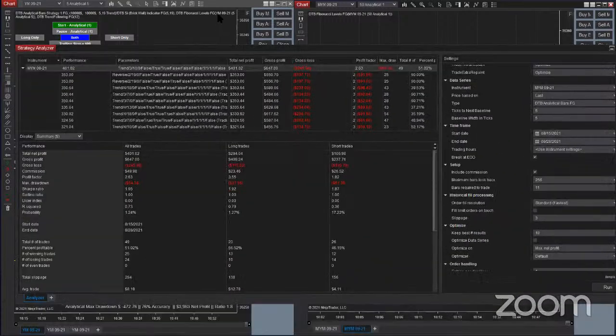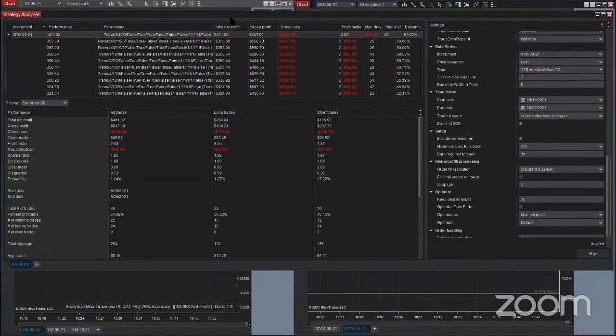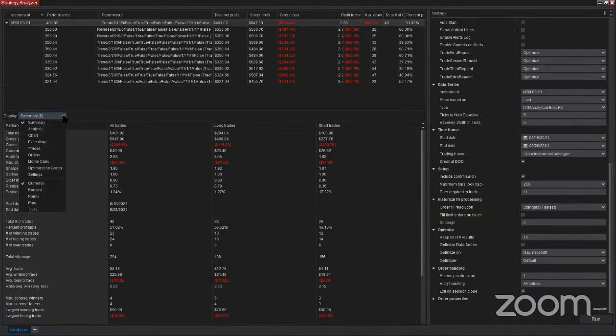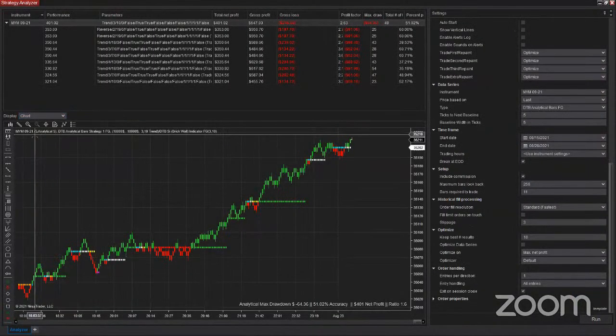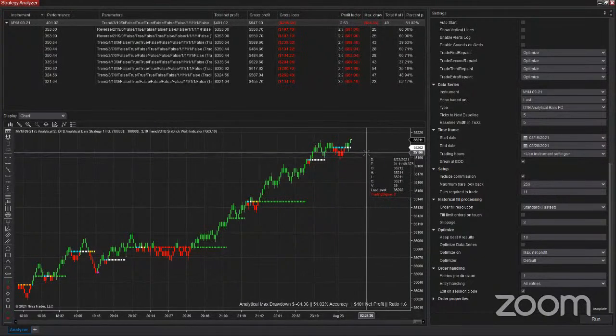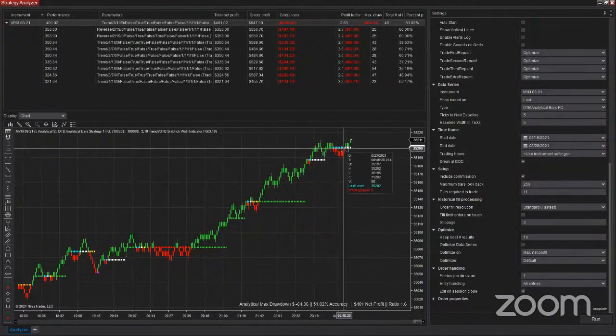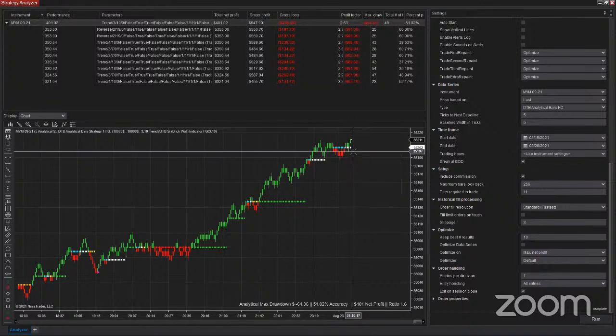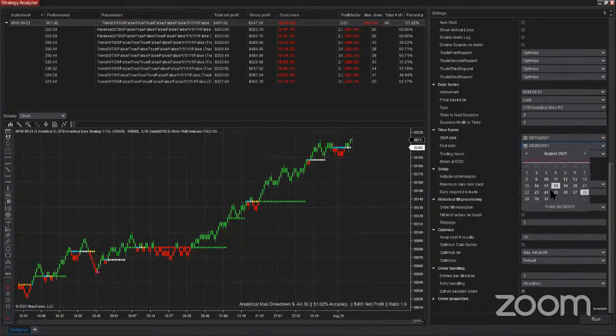So when you're running the strategy analyzer, a good thing to check on is, is it optimizing up until current price? So if you're looking at the time on your chart, you see what it's done? Even though I selected the 28th, it hasn't actually updated until the current price. So sometimes what you've got to do with NinjaTrader is you've actually got to select the next day only, and then it will work